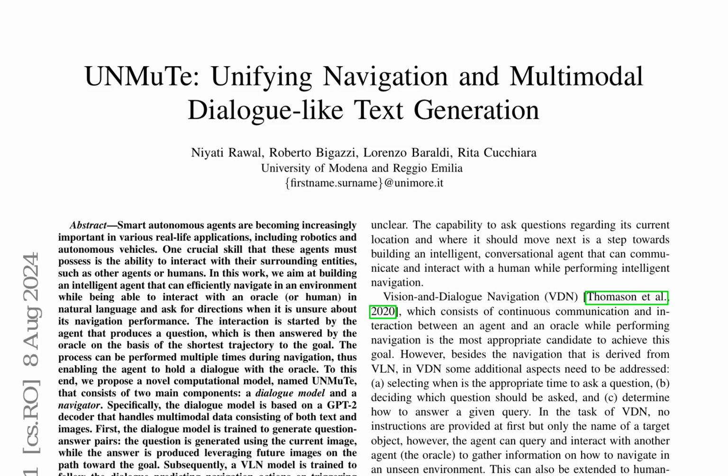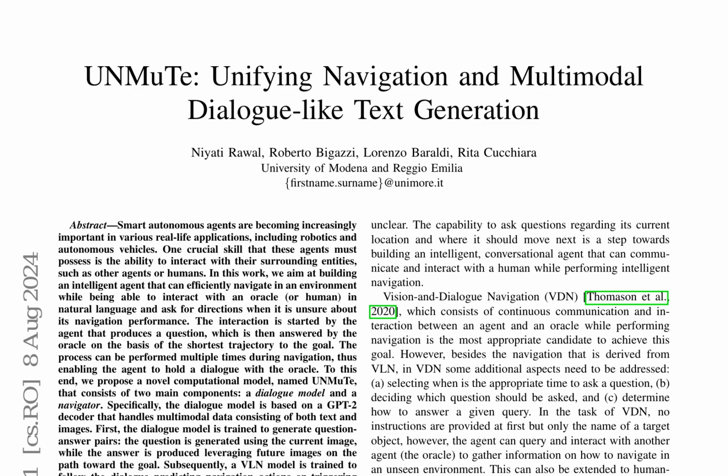In the realm of artificial intelligence and robotics, the development of smart autonomous agents has garnered significant attention in recent years. These agents are designed to interact with their surroundings, including other agents or humans, through natural language. This paper introduces a novel computational model called UNMuTe, which consists of two main components: a dialogue model and a navigator. The dialogue model is based on a GPT-2 decoder that handles multimodal data consisting of both text and images,